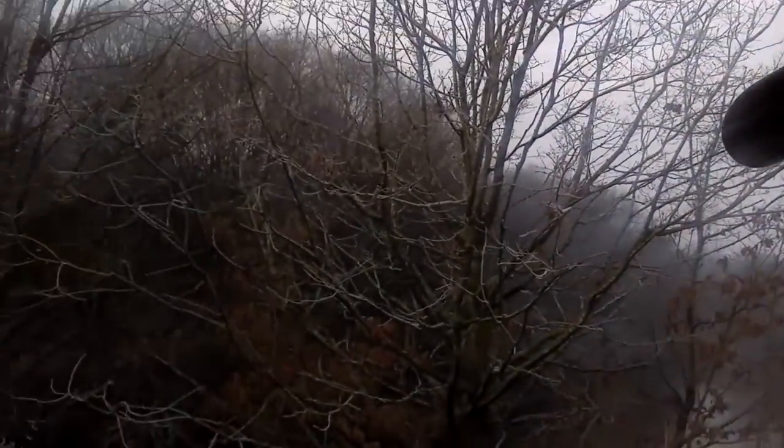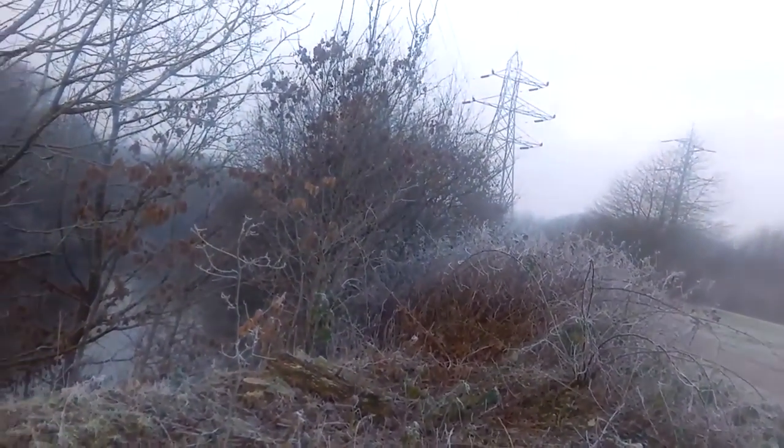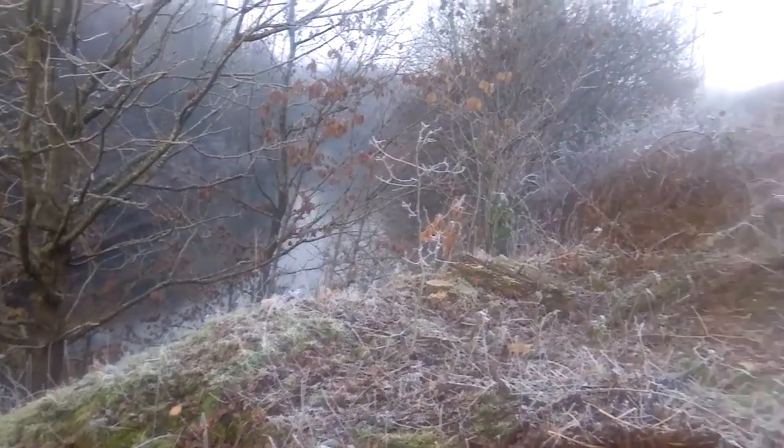Sorry, that's the OL down there. Running along. So, just going to head along here. I've seen a few signs, a lot of tree breaks and